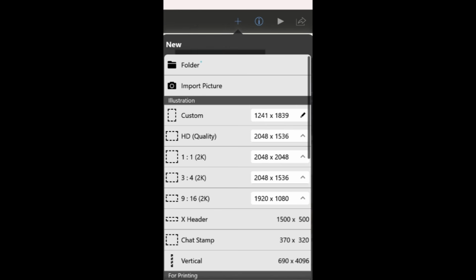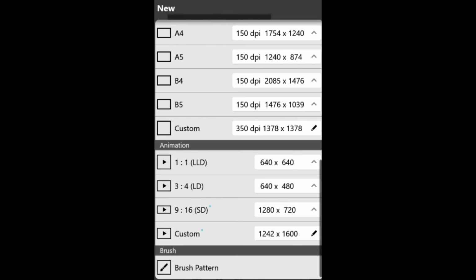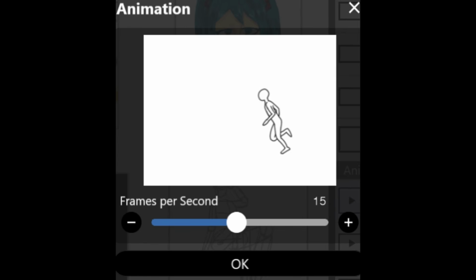And so you can just scroll down on this little thing that says folder, import picture, illustration, printing. Go all the way down till you'll see animation. Now you can basically click one of those, whatever it lets you. It might not let you make your own. And yeah, so just go ahead and click one, and then it'll ask if you want to change the frames